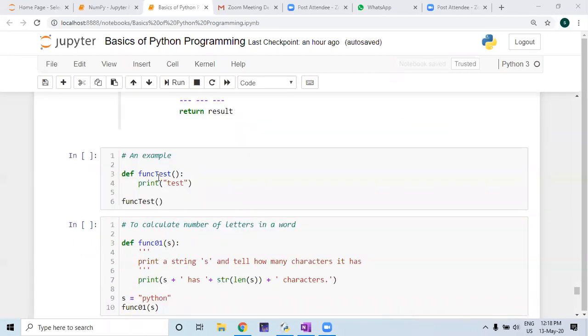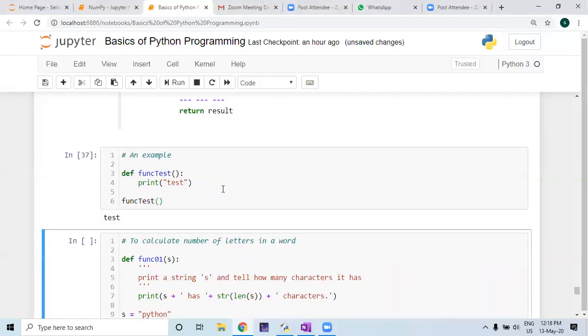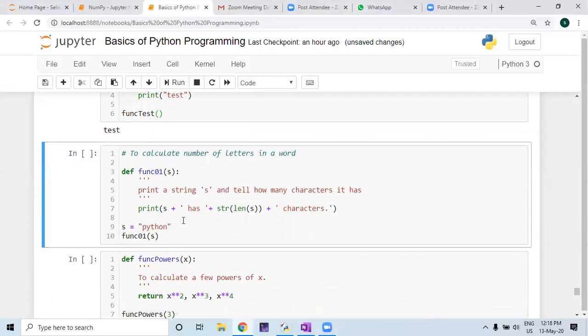Let us take an example. I have made a simple test function, def func test. I'm not giving any arguments here, I just print test and I want to check it out. So it is simply writing test. Now suppose I have defined a function called func01 and I'm giving a variable called s. So what I want is that